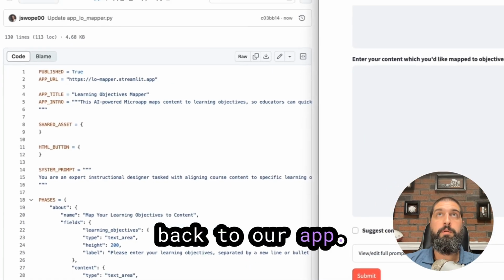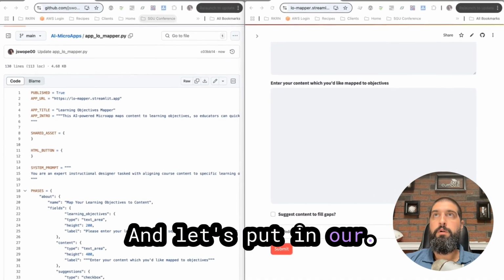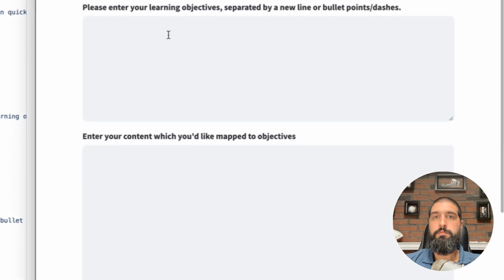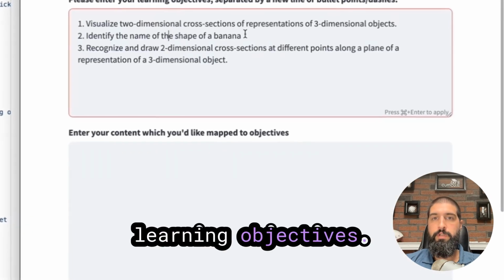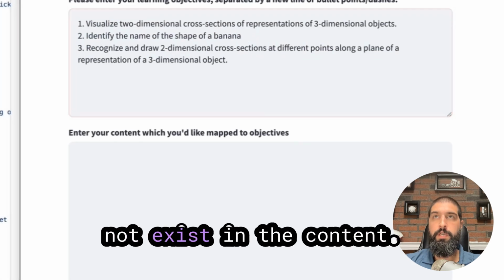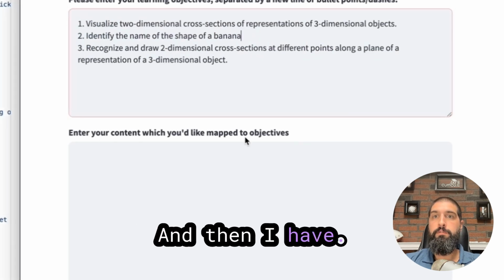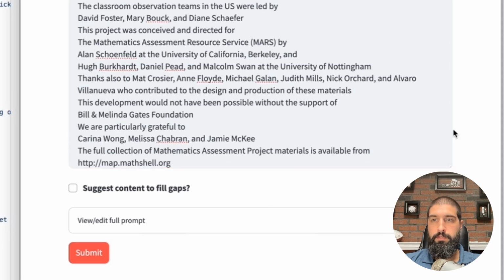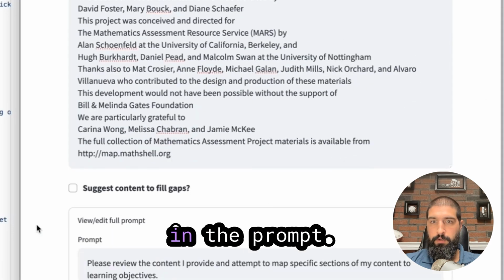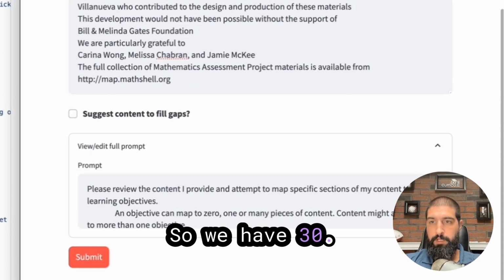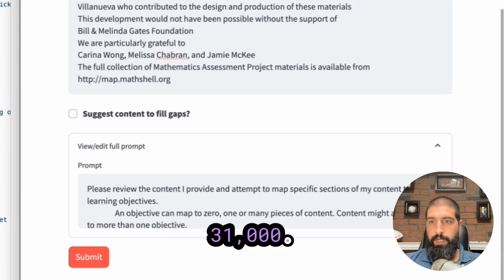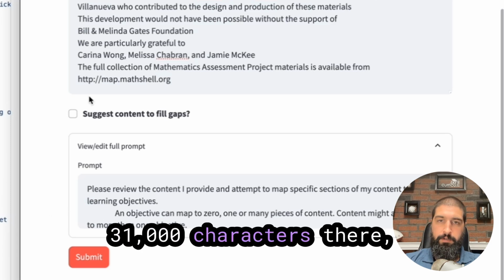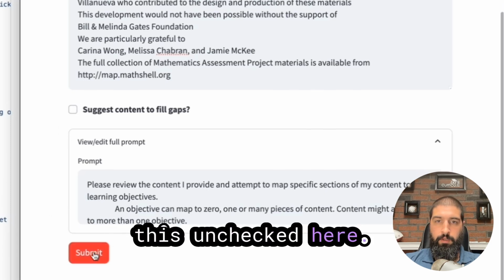And we'll go back to our app and let's put in our dummy content. So like I said, I have 3 learning objectives. One is one that I know does not exist in the content. And then I have a lot of content here. There was a word counter, but in the prompt, yeah, so we have 31,000, I think those are characters, 31,000 characters there. And I'm just going to leave this unchecked here. And when I submit this,